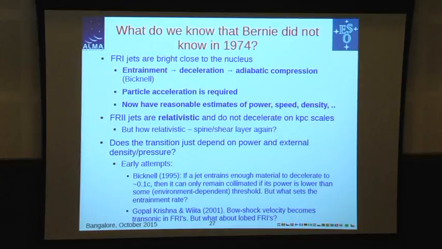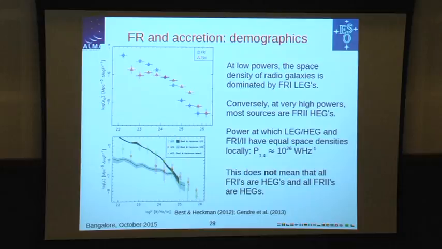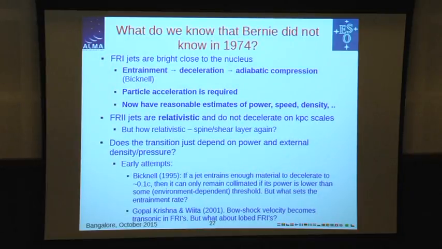One thing that would be very interesting to come back to, and Gopal Krishna is one of the people who's contributed to this, is what's the quantitative basis in the Fanaroff-Riley classification? There were two attempts that I'm aware of to fit the Owen-Ledlow diagram in the early days. One from Jeff Bicknell, whose argument can basically be summarized as saying that a jet can only remain collimated and slow down if its power is less than something. In other words, if it entrains too much, it blows apart, so it's not identified as a jet anymore. And that's the cause of the Fanaroff-Riley